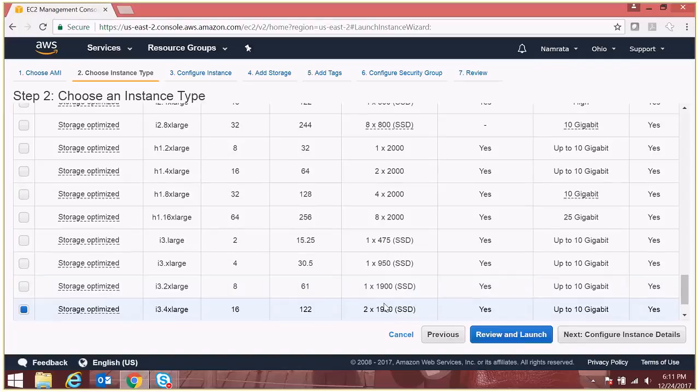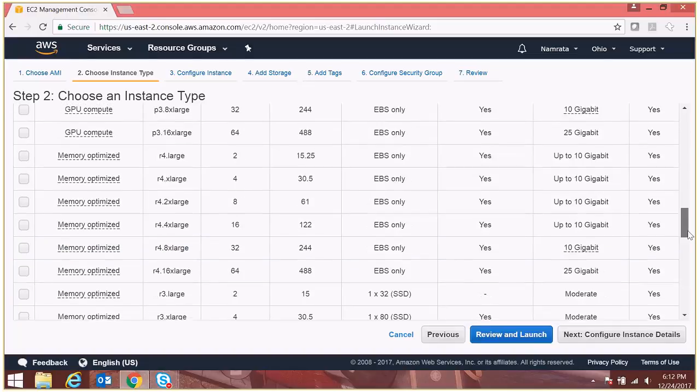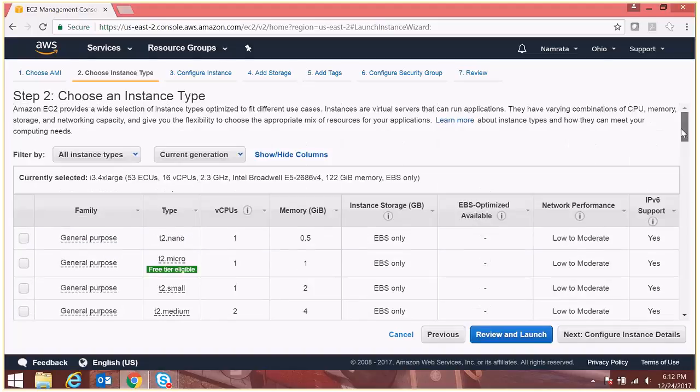The size of these instances is humongous, and you probably don't need to create such a huge instance. I would be very careful to create something as big as that, because remember, you're going to incur cost. So if you're practicing and you just want to learn, the best thing is to create a small type. But just so you know, all of these different instance types are available, and in your production environment,